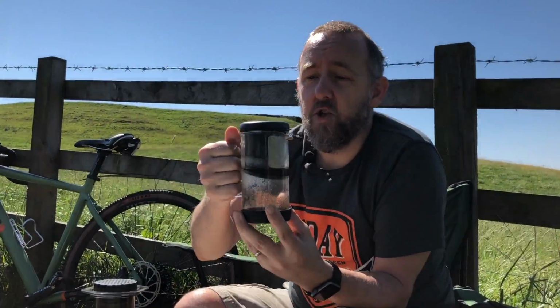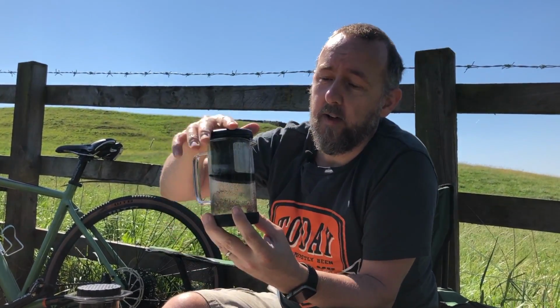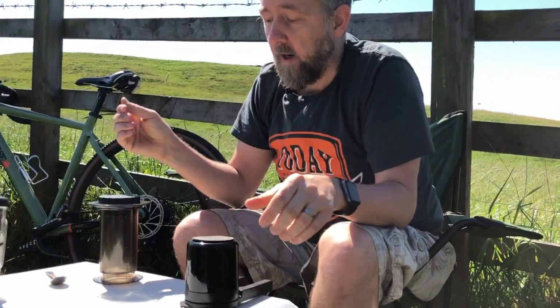Filter coffees like this, the jug thing, for me, doesn't really do it. I prefer to add a little bit of pressure into my coffee, so just having it sit there and brew doesn't really work for me. I think this is probably the messiest one and the hardest one to clean, so I'm going to put that over there. For me though, when it comes to bikepacking and the actual quality of coffee, it comes down to